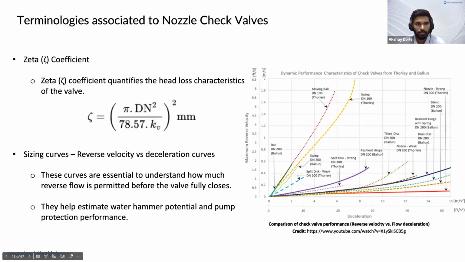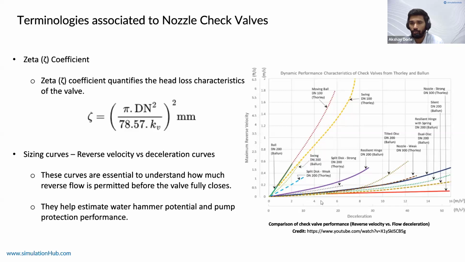And then there are sizing curves. These are the dynamic characteristic performance curves for check valves specifically, in which the valve is chosen based on the maximum reversal velocity that you have calculated, let's say by Joukowski's equation, or you have that data for you, and then you decide the valves based on how quickly or how slowly you want your valve to react to this flow reversal. So this graph is used for choosing your valves,